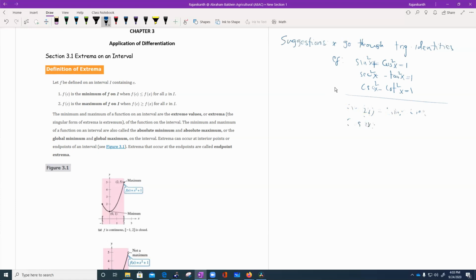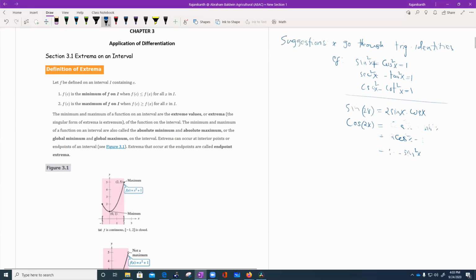Cosine 2x could be written in 3 different ways. One is cosine squared x minus sine squared x. Another one is 2 times cosine squared x minus 1. So this is called a half angle formula, right? Then this is 1 minus 2 sine squared x. These are the basic identities you have to keep in mind all the time when you do simplifications,